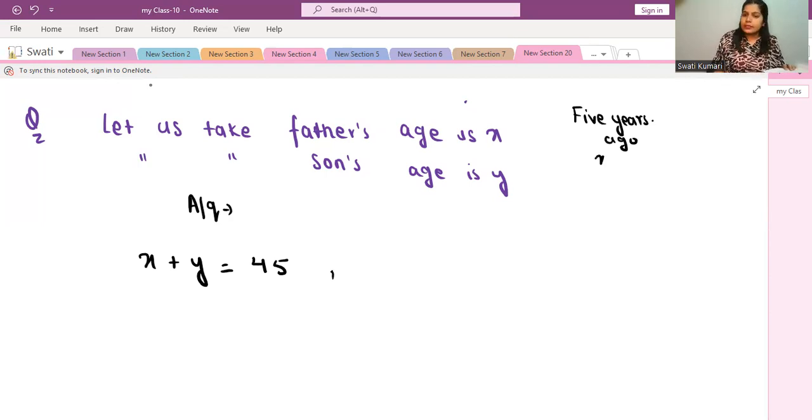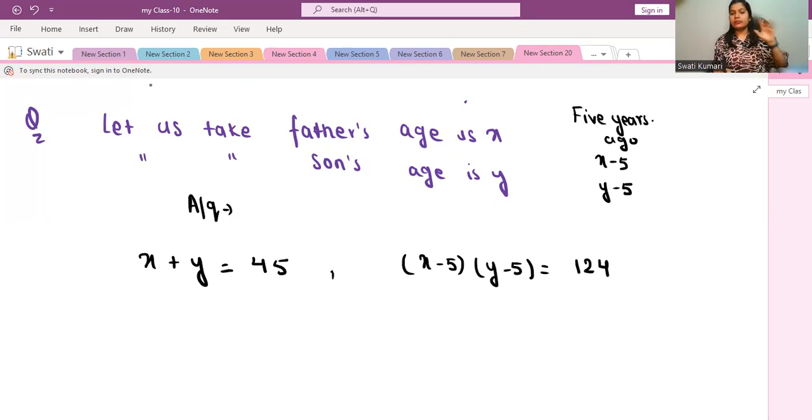It was x minus 5. And what was the age of the son 5 years ago? It was y minus 5. Now, according to the question, 5 years ago the product of their ages was 124. That means the product of x minus 5 into y minus 5 equals 124. And now we have to find the value of x and y to get the answer of present age